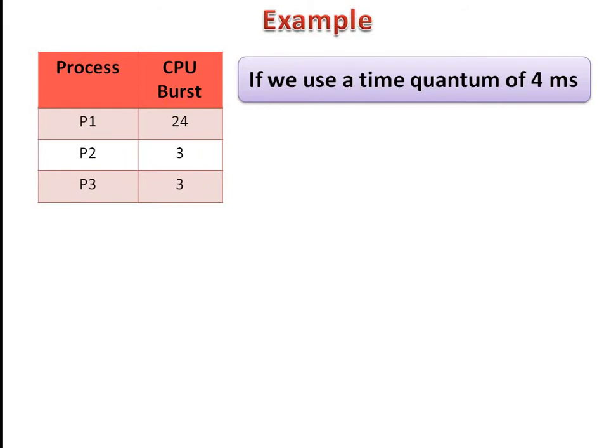These are three processes P1, P2, P3 and their respective CPU burst times, and consider the time quantum for this example to be 4 milliseconds. So initially, each of these three processes takes 4 milliseconds for execution. The processes having the same CPU time are executed as per first come first serve. So let's represent the Gantt chart.